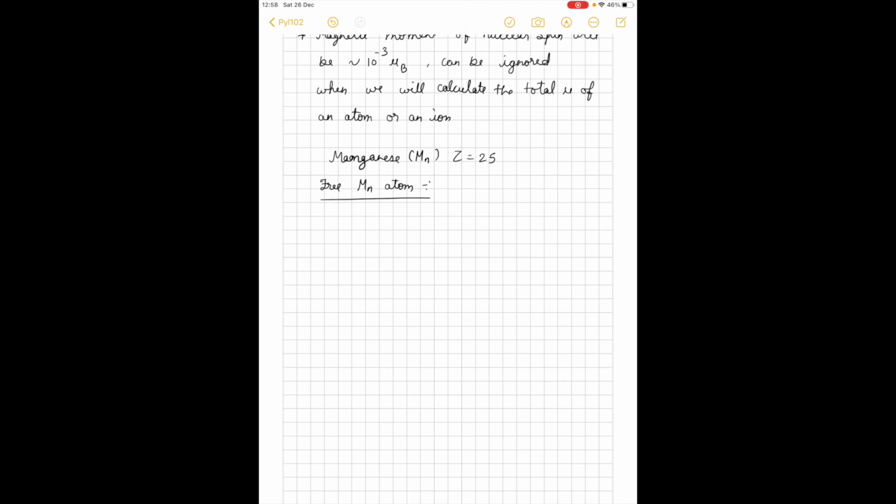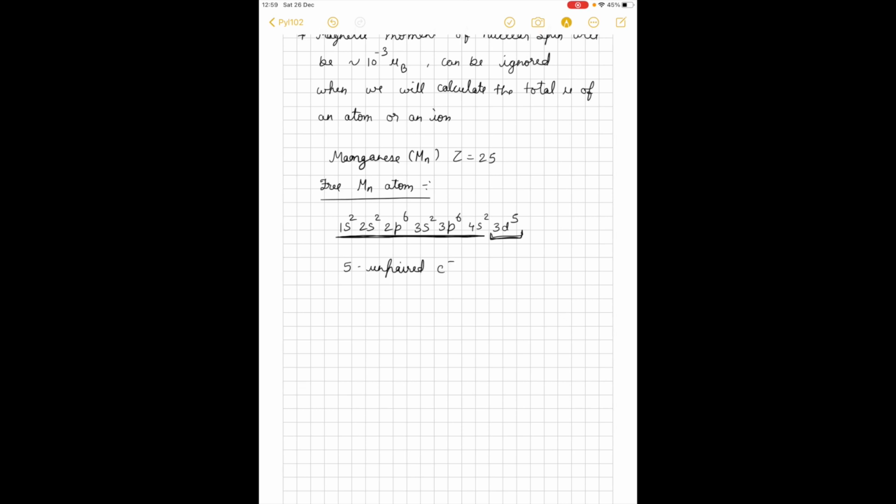So if I'll write the electronic configuration of manganese, it will be 1s2, 2s2, 2p6, 3s2, 3p6, and in general 4s2, 3d5, right? Before filling d, we always fill the 4s. Okay, so if you see, from 1s till here, the orbitals are completely filled. S can accommodate only 2, P can accommodate 6, and so that's why. But if you see the last one, which is the d orbital, the d orbital is half filled. So there are 5